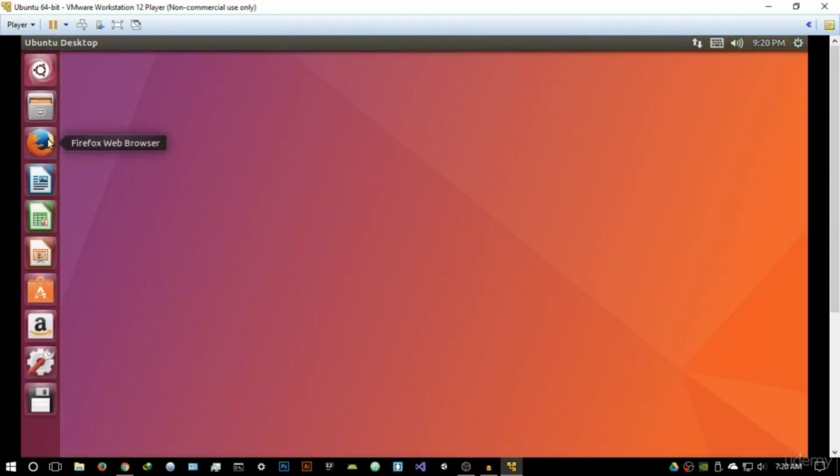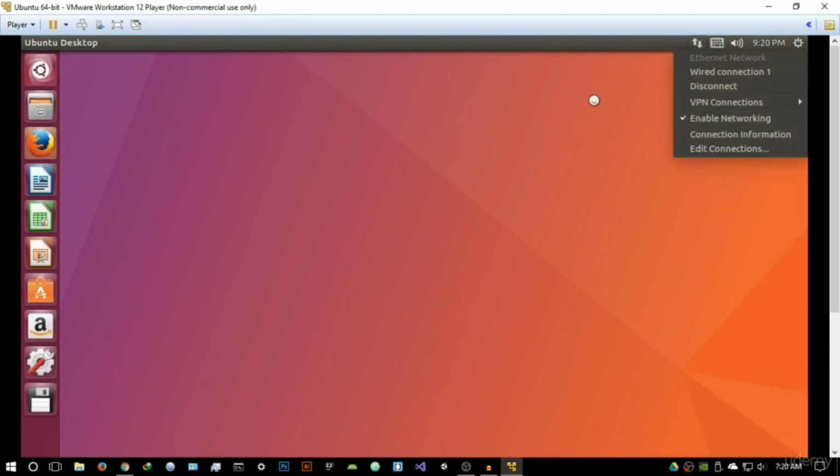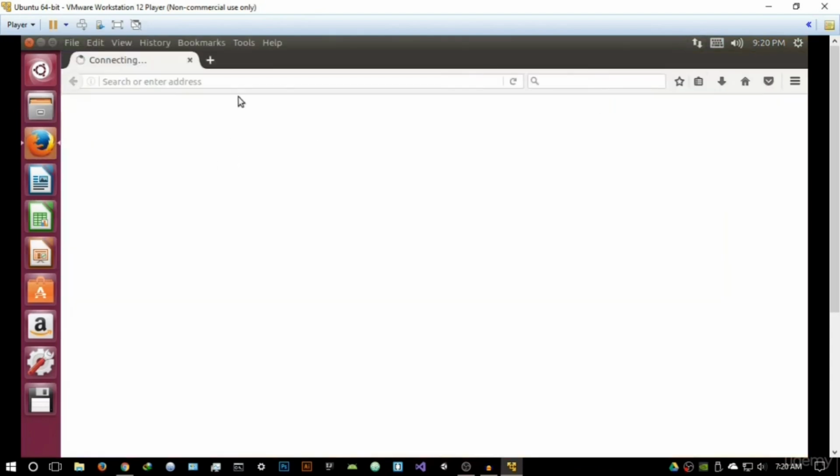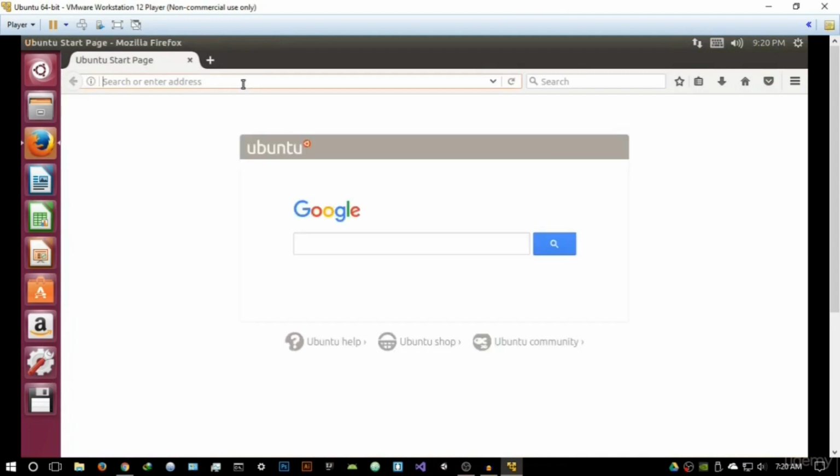Now, for us to install the Tor browser, all we have to do is open Firefox. It will come pre-installed. Make sure you're connected to the internet. I'm connected through the virtual machine. Just open Firefox and just search for Tor